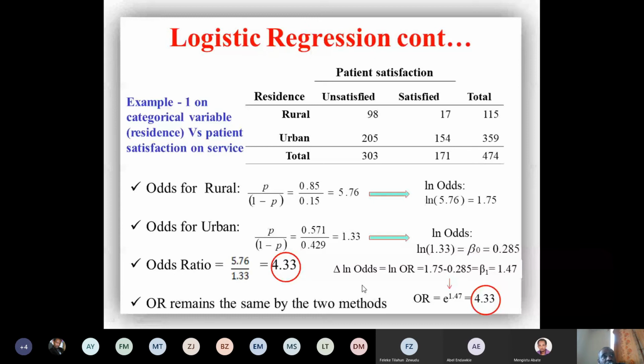ለምን? ሎጋሪዝም ኦፍ ኦድስ ማለት ለኤክስፖዝድ አልፋ ፕላስ ቤታ ነው፣ ለአንኤክስፖዝድ ደግሞ አልፋ ነው። ቼንጁን ስትወስደው ቤታ ብቻ ይቀራል። ቼንጅ ማለት ዲፈረንሱ ማለት ነውና ያንን you can rearrange to get the logarithm of the odds ratio. ማለት ሲምፕል ማቴማቲክስ ነው። ኦኬ።